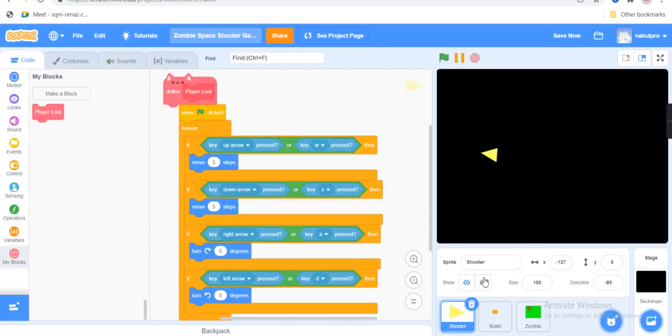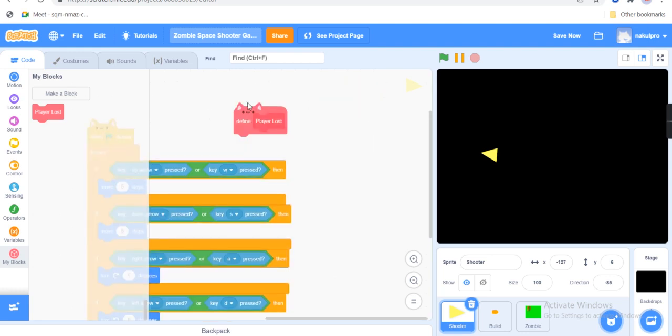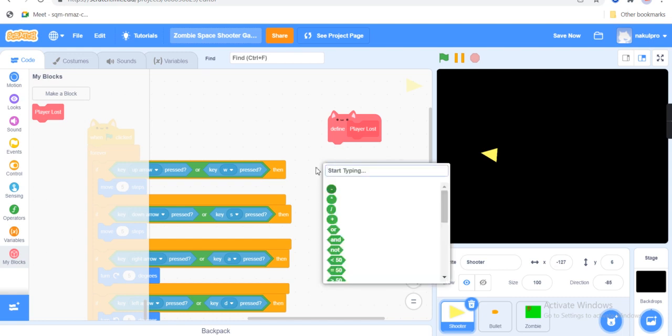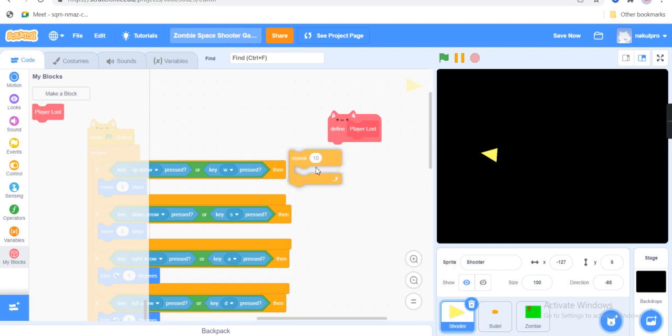Do not do it run without screen refresh or no animation would come. Animations are always without screen refresh. Then we have to grab a repeat 10 times,